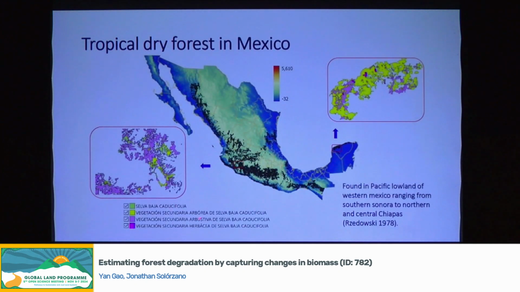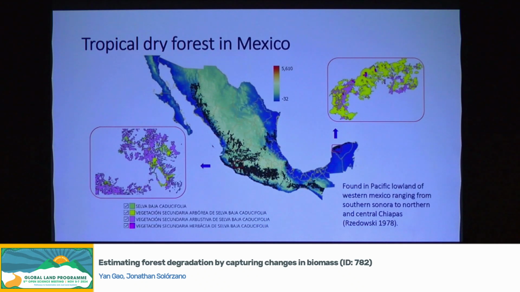There's some legend here. Sorry, it's in Spanish. But from this legend, you can see that the green color depicts the primary status of a tropical dry forest, and the rest of the colors depict the tropical dry forest already being disturbed, in the secondary forest type. Through this zooming in window, we can see that most of the tropical dry forest in Mexico is actually in